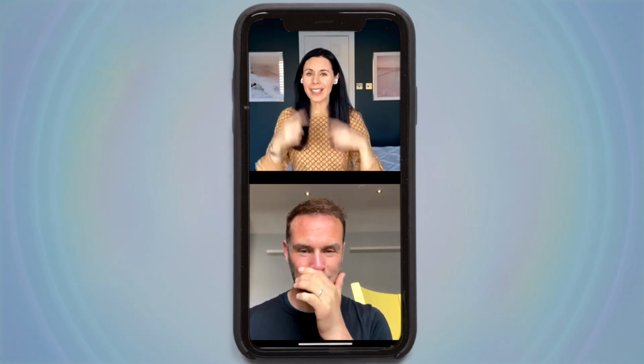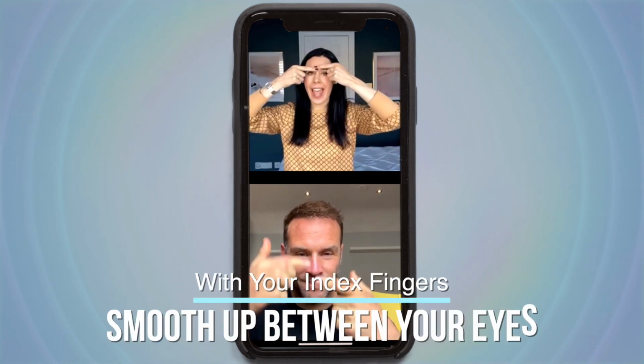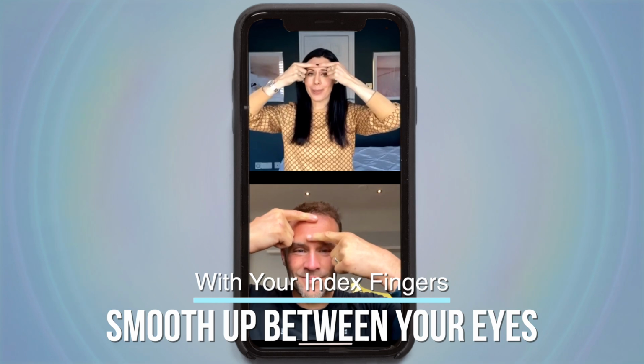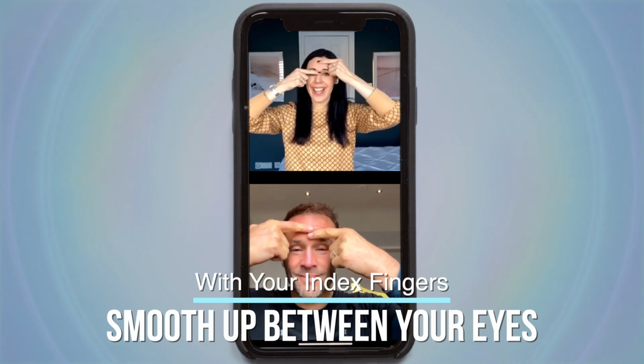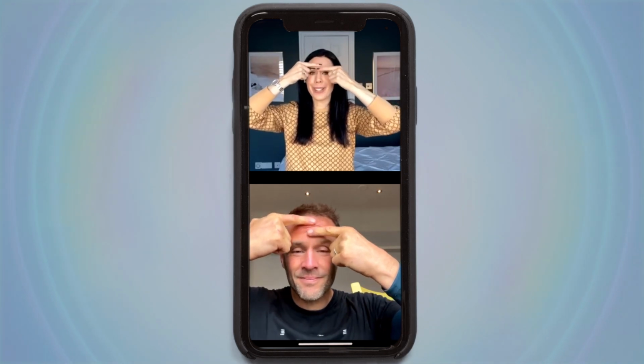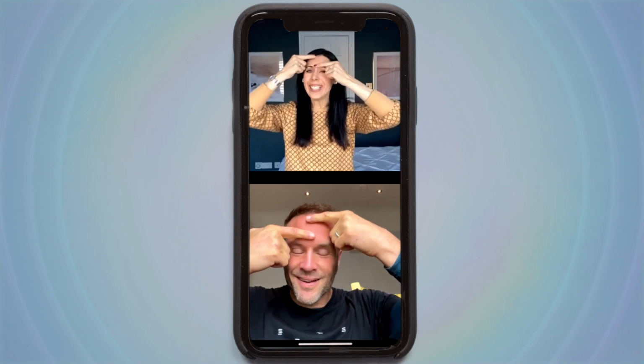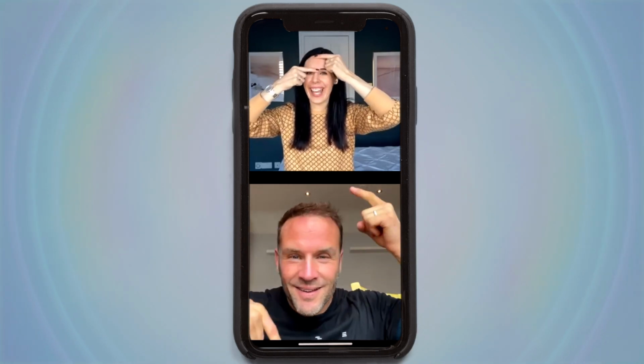And let's do a little technique for the forehead area. So let's take our index fingers and we're just going to work between the eyebrows. Now, a big reason we get those lines between the eyebrows, often what's called those number 11 lines, is because